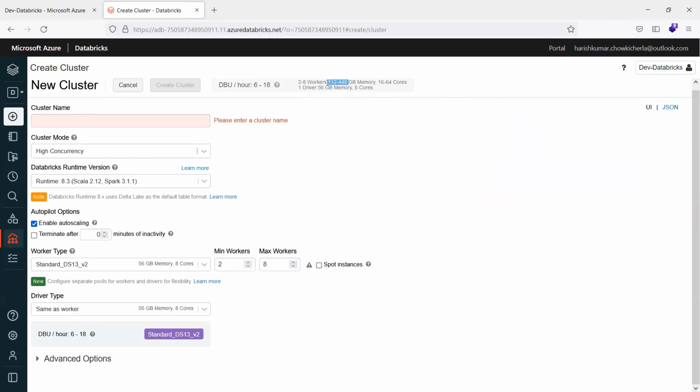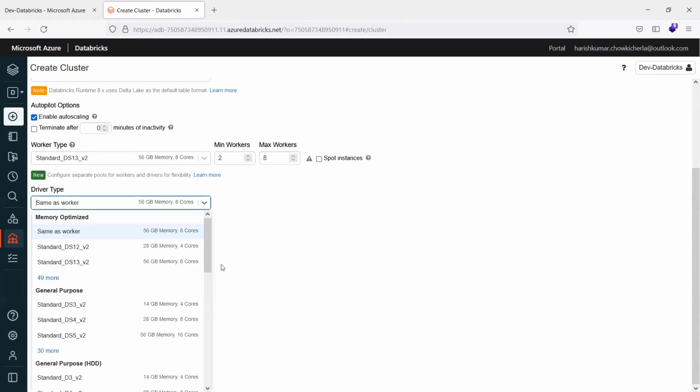So it is going with the calculation of what it is taking: 56 GB of RAM for each worker and 8 cores of CPU for each worker. So the master is also going to be created with the same 56 GB and 8 cores. If you want to change this, you can go with